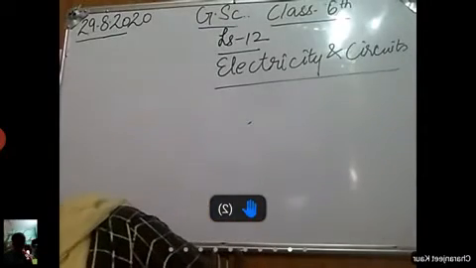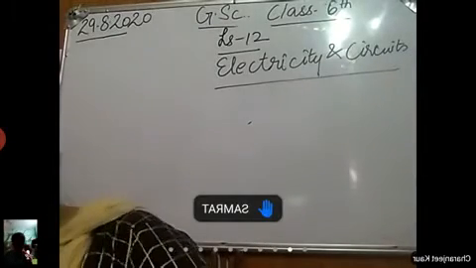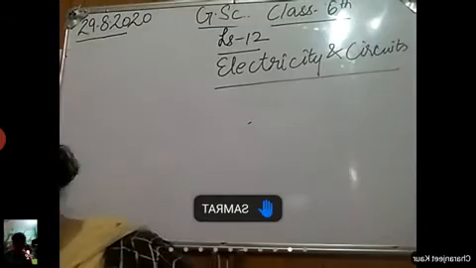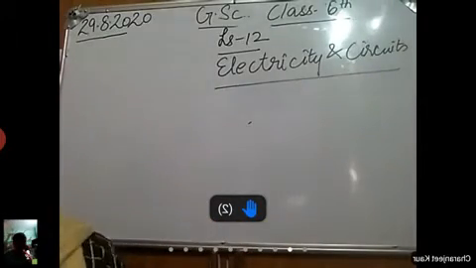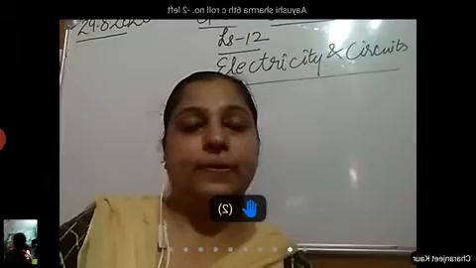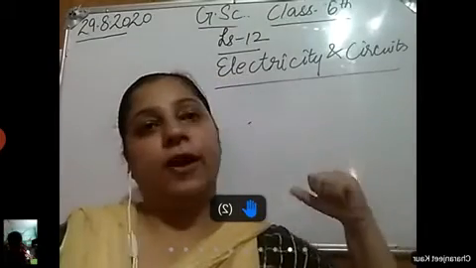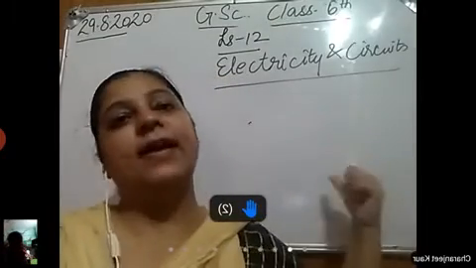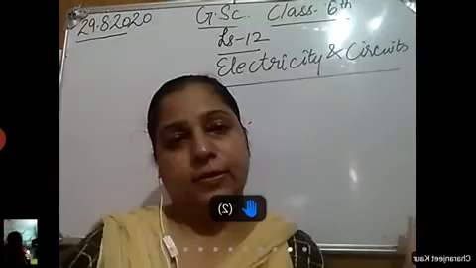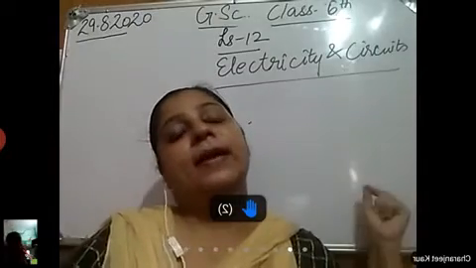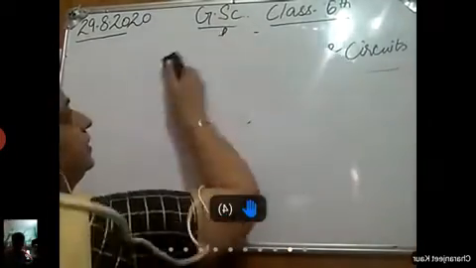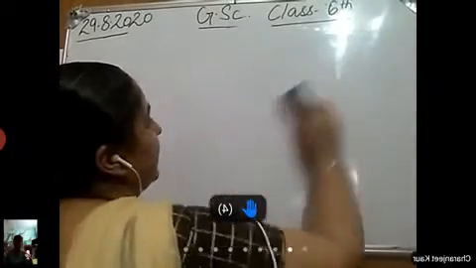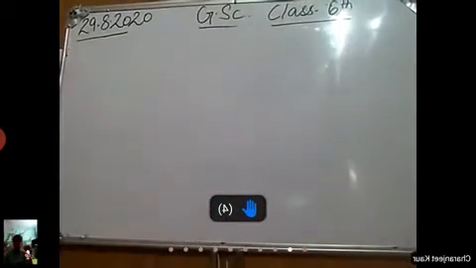Now today we are going to do the electric bulb. What is an electric bulb? I hope you all have seen the bulb, right? Today we will be drawing the diagram and side-wise explanation will be there. Keep your copies and pencils in your hand. I am going to start. You have to draw side by side. I will wait for you. Hurry up.